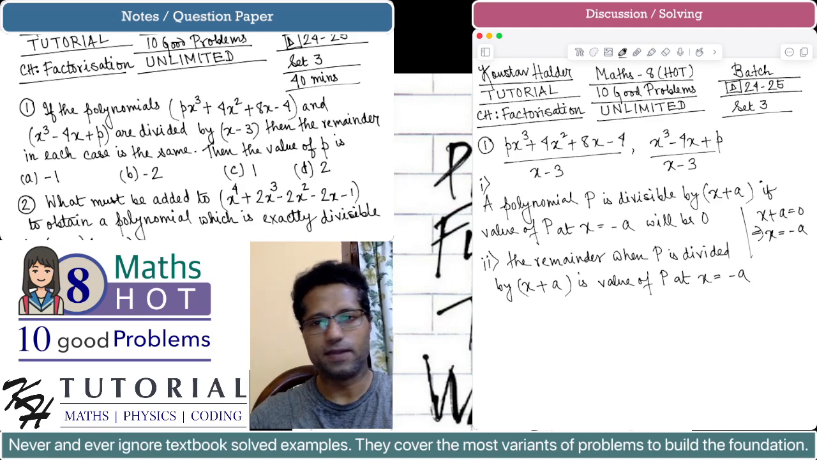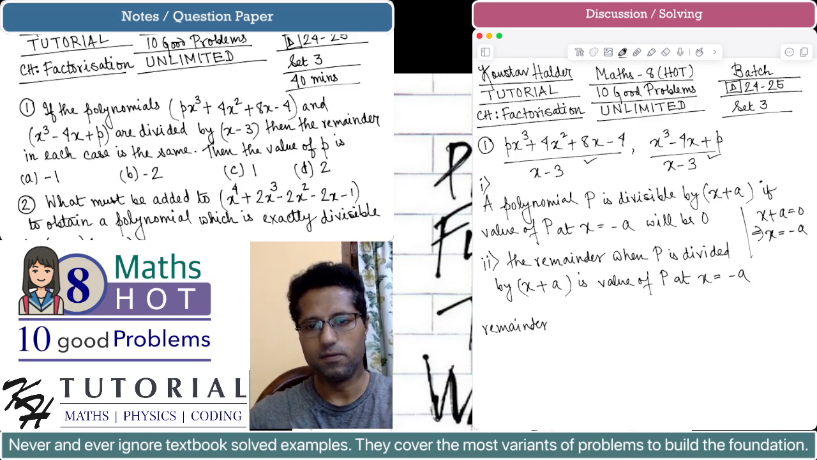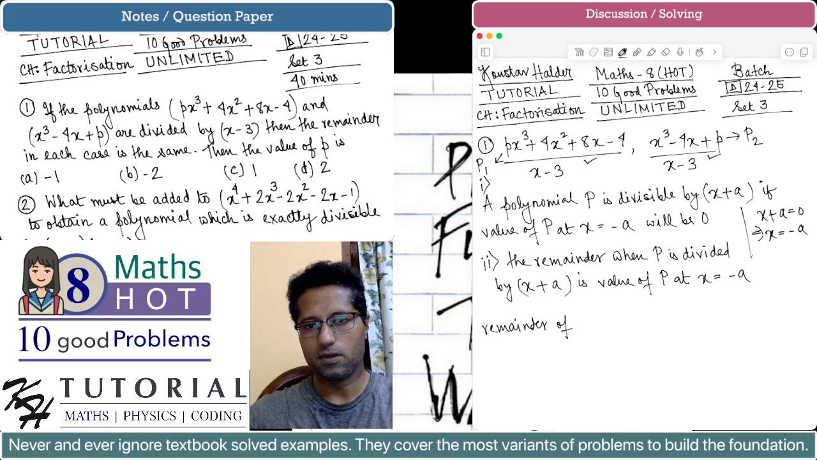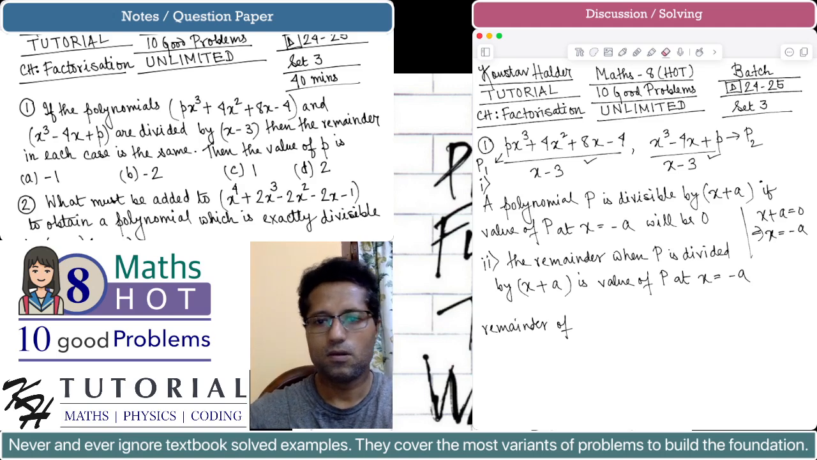it is given that these two polynomials, when divided by x minus 3, give the same remainder. So we can say that the remainder of this polynomial, instead of writing the first polynomial again and again, let's call it p1, and let's call this polynomial p2. So remainder